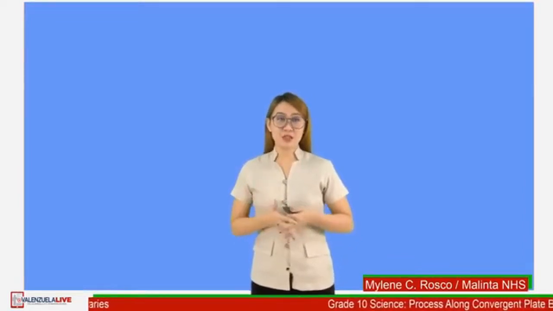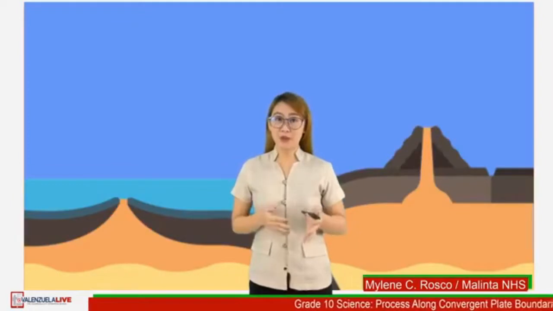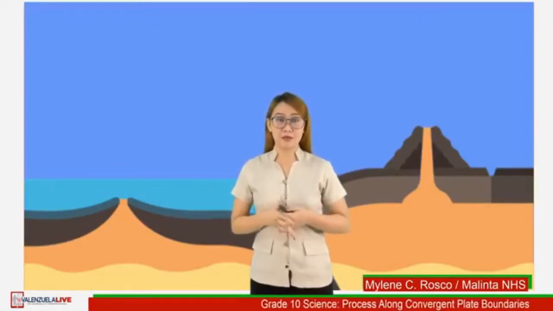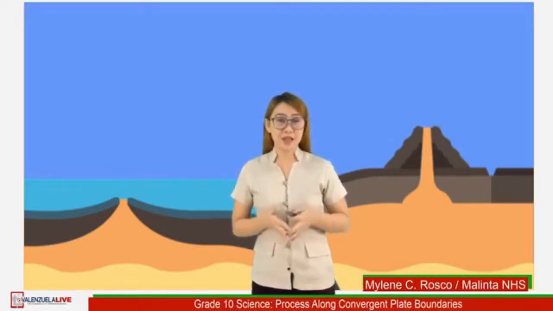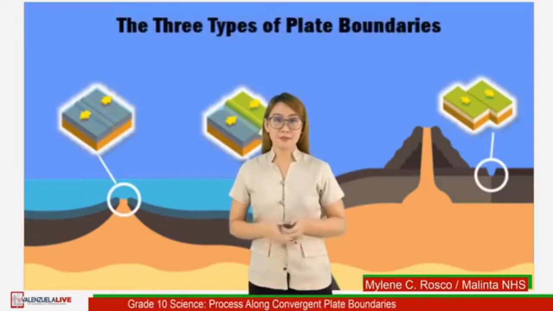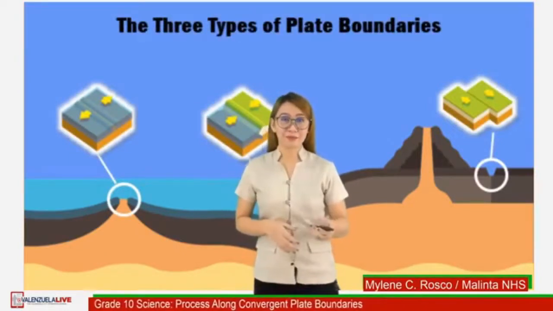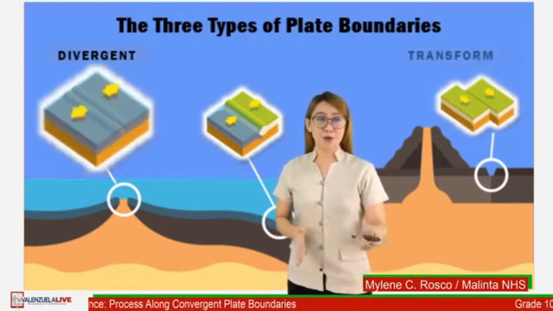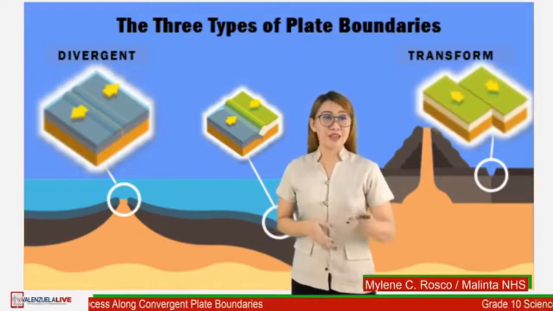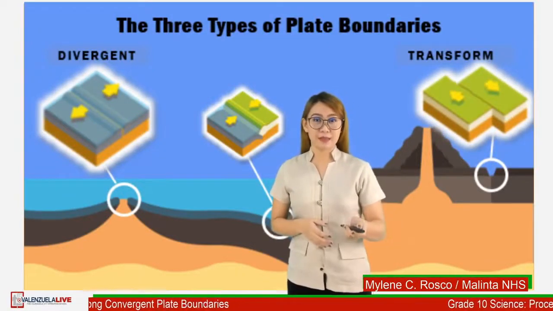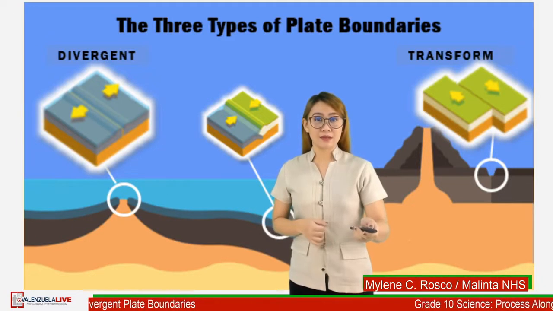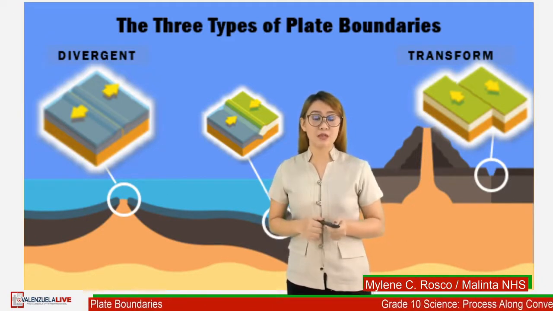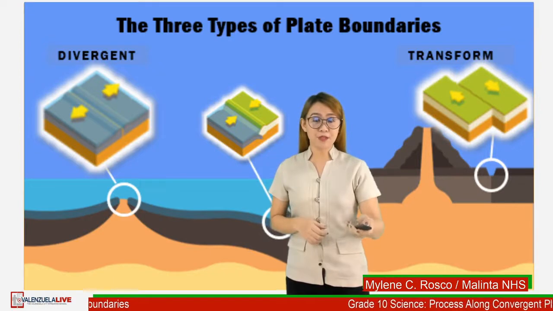On your previous discussion, you've learned that the lithospheric plates are moving slowly in different directions. These plates are classified into three types of plate boundary, namely divergent plate boundary, transform plate boundary, and convergent plate boundaries. Along this plate boundary, different geologic processes and features occur. Examples: